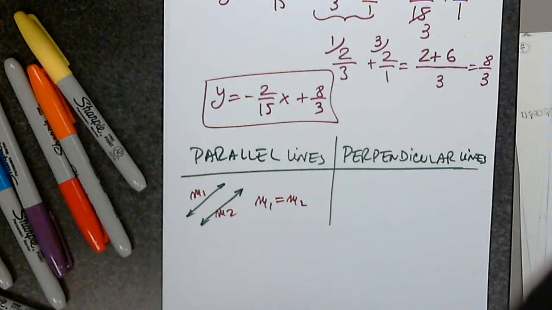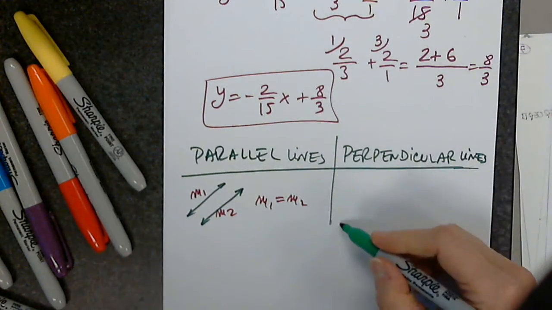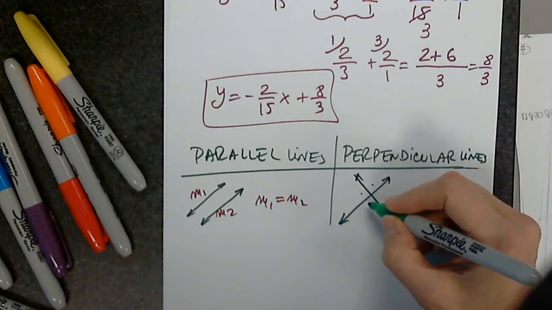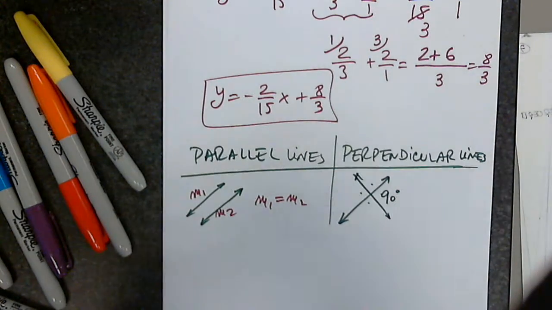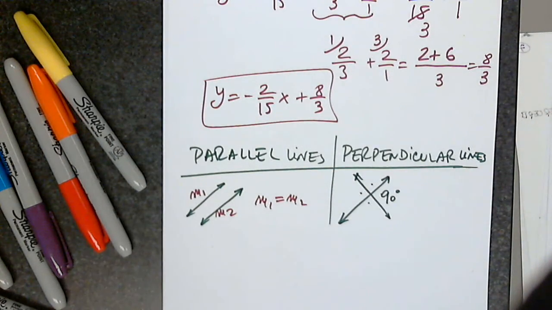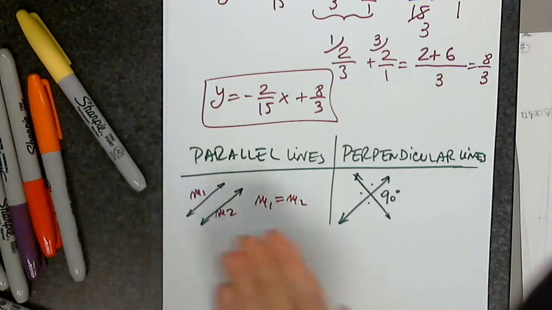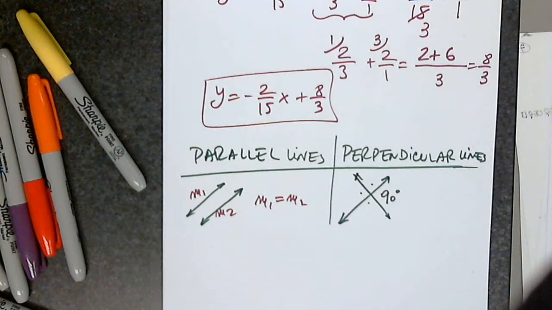Now let's take a look at two lines that are perpendicular. Two perpendicular lines form 1, 2, 3, 4 90-degree angles. Two perpendicular lines are not like this, but like this, forming 4 90-degree angles. Those are perpendicular lines. There is a relationship between their slopes. Otherwise, they will not be perpendicular. And here's the relationship. These two lines will not be parallel if the two slopes were not the same, right? Same thing here. These two lines will not be perpendicular if